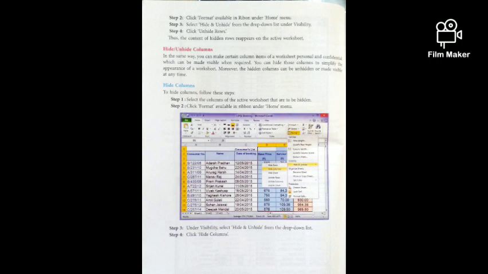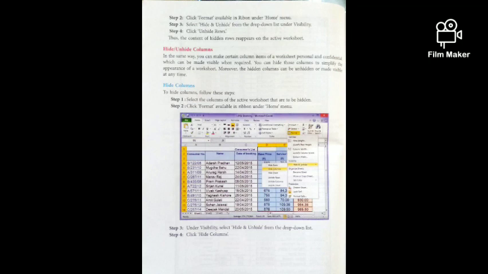If you have selected a column, then it will hide that column. Now again, when you want to get it back, then the process is the same. You have to select those columns which you want to unhide, or you have to select those rows which you want to unhide. After selecting, you will select the format option under the cell group of the home tab, and then